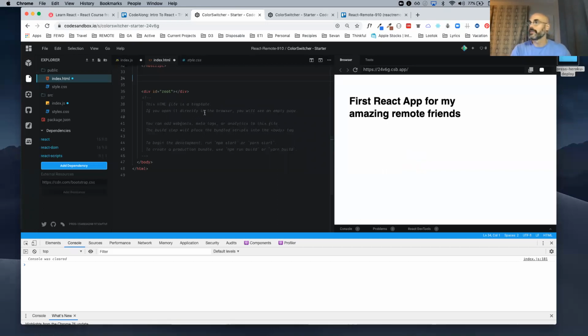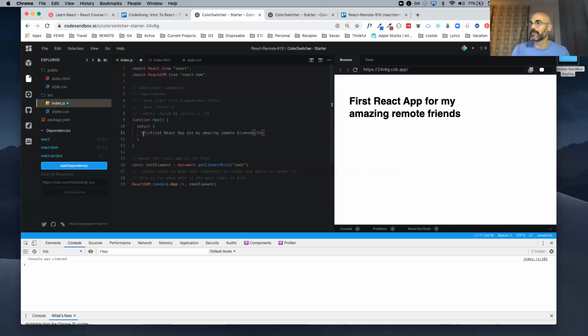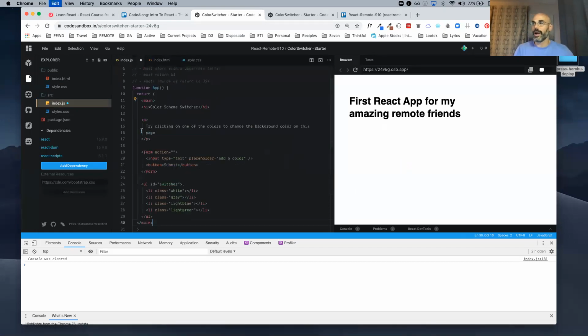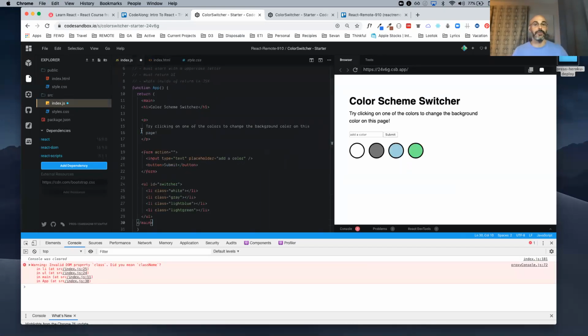Okay, I'm going to save the HTML. Nothing happened. I'm going to go back to index. I'm just going to paste it. I'm going to overwrite that. And look, I got my first React app. I mean, you already created your first React app, so yeah, there's your second, third, fourth React app. I don't know what you're up to yet.